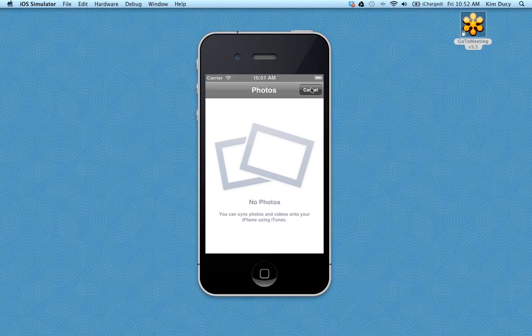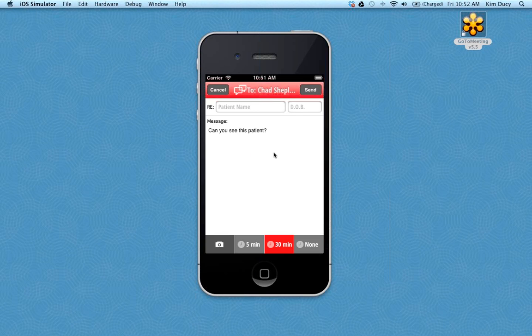So you've taken that picture, you'd like to attach it to the message. I can't show you because I don't actually have a live picture, but I will show you on an incoming message what that looks like. Once I've done that, I'm actually going to set priority for my message. This is important because you want to make sure that if it's urgent, you set a 5-minute response time. What this is going to do is send a message to Chad Shepler. If he does not open my DocBook message within 5 minutes, I will get a notification that he hasn't looked